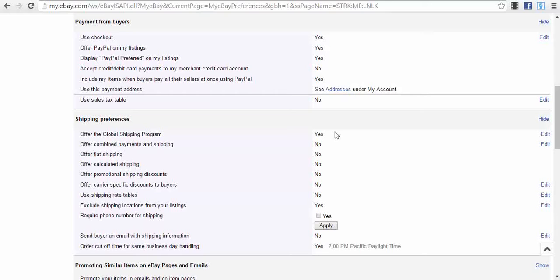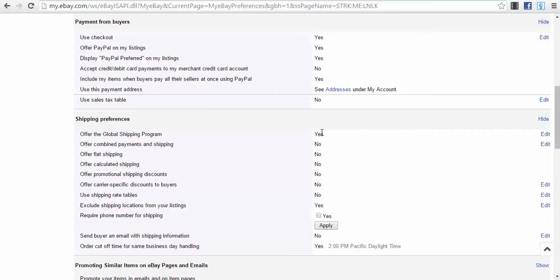So you will practically send the order to their central warehouse, and after that they will take care of all and send your package, your order, to the client in whatever country he is, okay? And if you don't check this on yes, you will lose a lot of sales that come from other countries, because there are people from other countries.